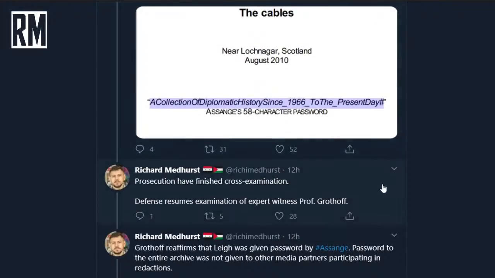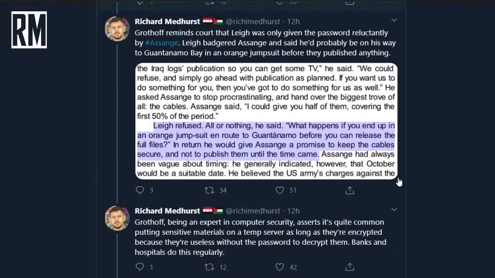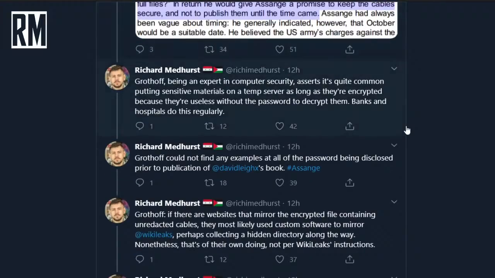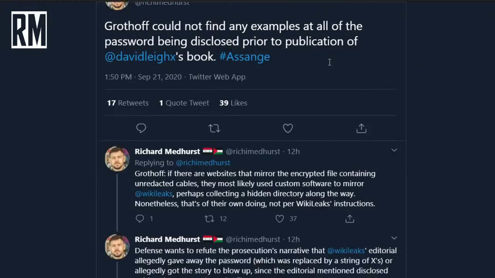So you understand now. And another important point, Gotov could not find any examples at all of the password being disclosed prior to publication of David Lee's book. There you go. That's it. It's really that simple. Now,